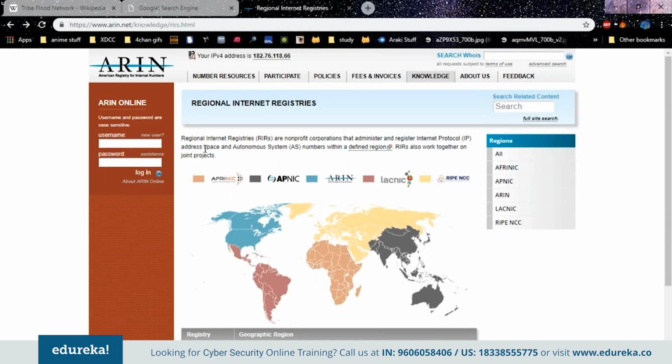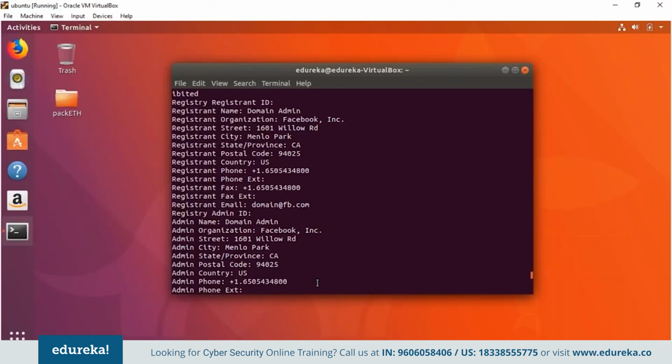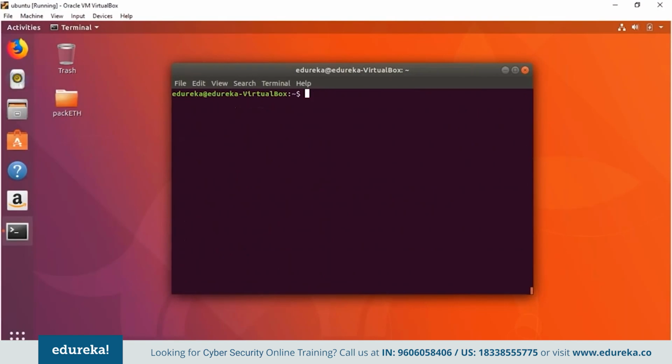And as I said, whois is responsible for acquiring information from the various regional internet registries, as you can use whois to get information about who owns a particular IP address. So for example, let me just open up my Ubuntu system. Let me clear this out first. So as I was just saying, for example, you could go whois